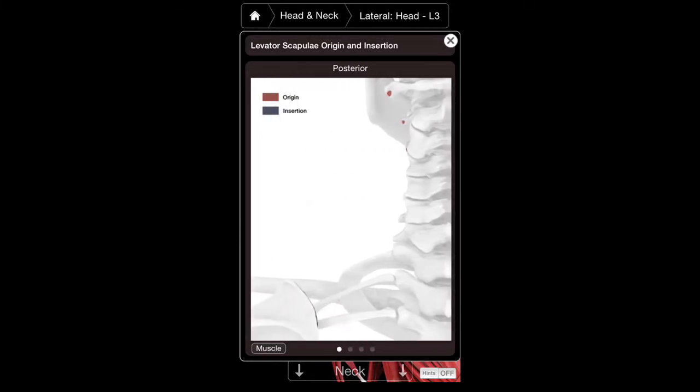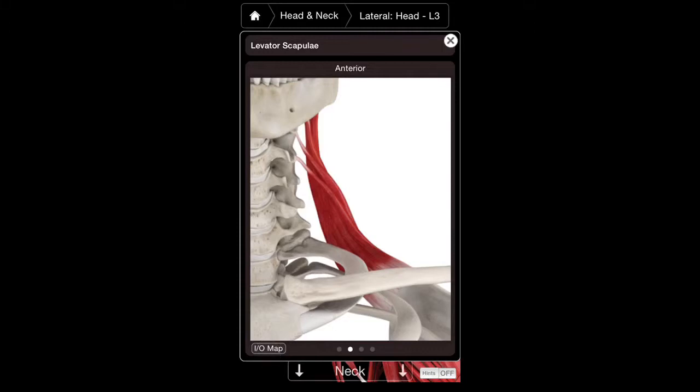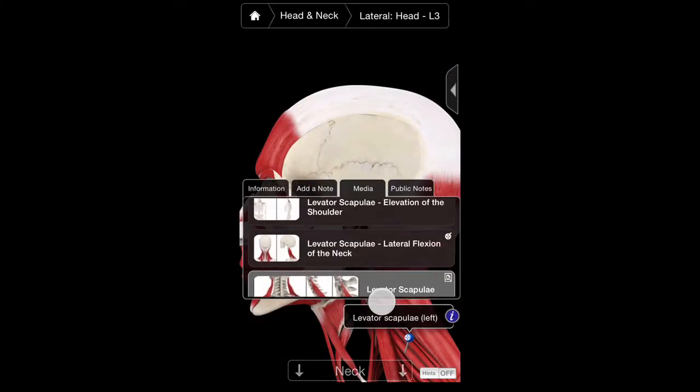So origin is more of the proximal end of the muscle, and the insertion is more of the distal end. Remember that. So that is really not that important when it comes to the CPT, but when it comes to the actions,